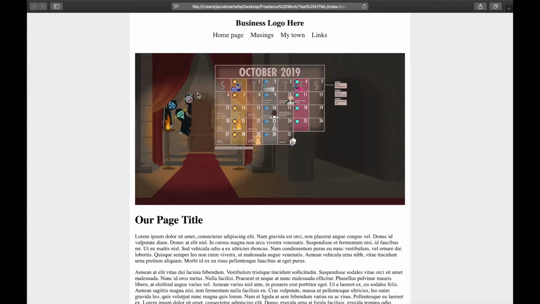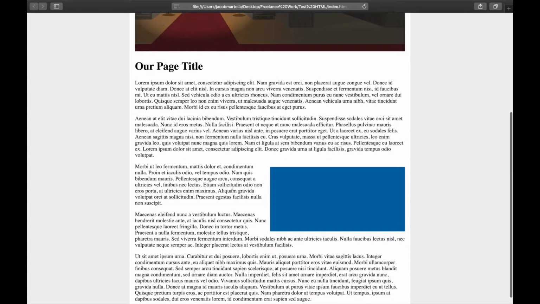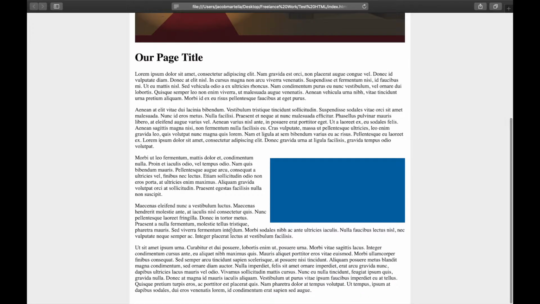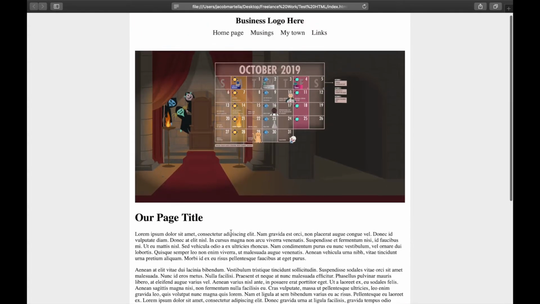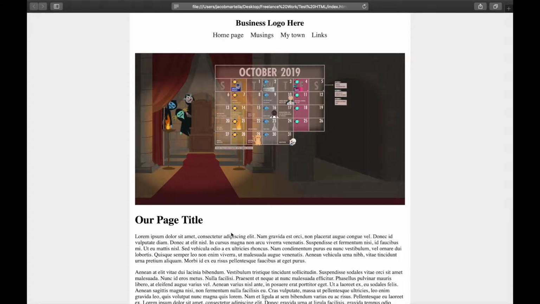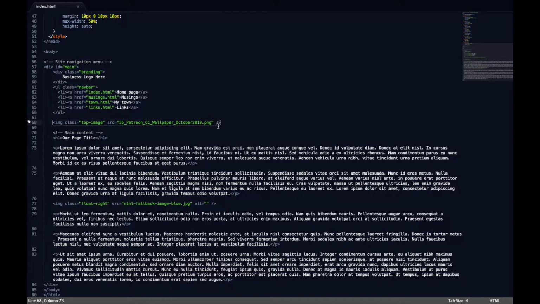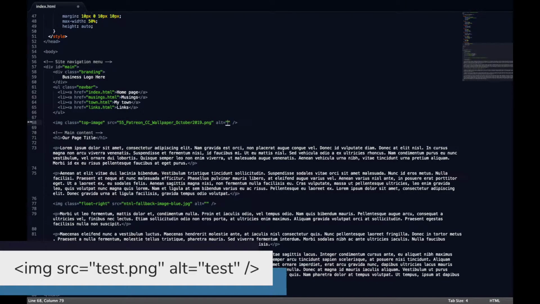Let's check it out. Okay, so I come to my website and I have this image and some text, another image, very basic layout to the page, and really to add alternative text, it's really simple. Just gonna go into the code and I'm gonna add ALT equals. This is an HTML attribute, and I'm just gonna put,